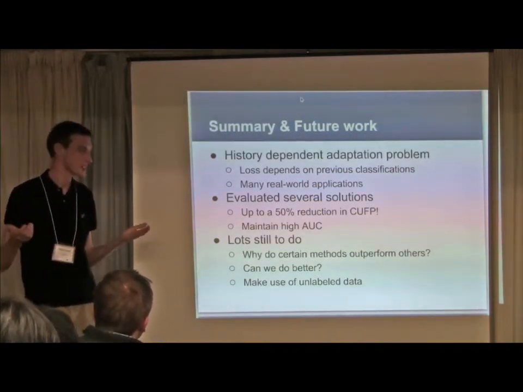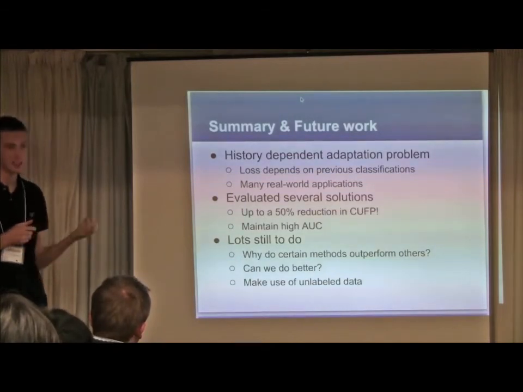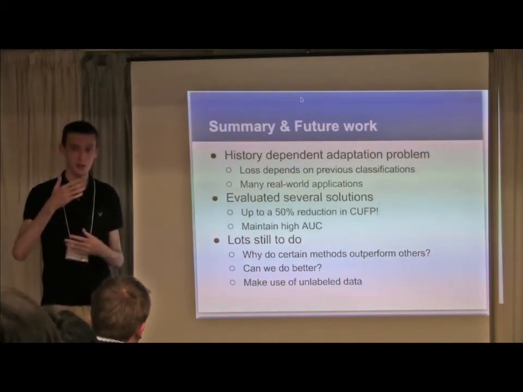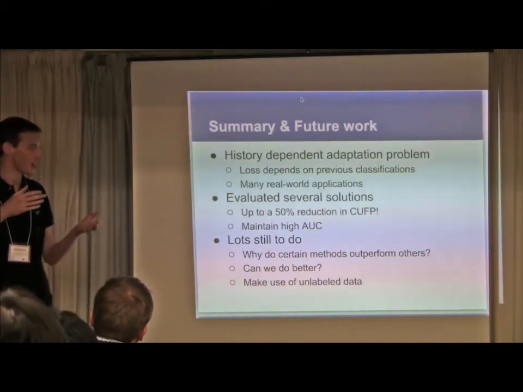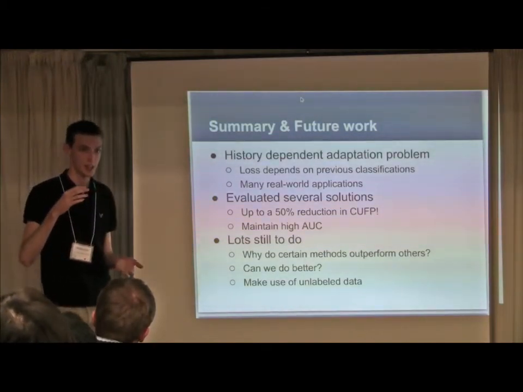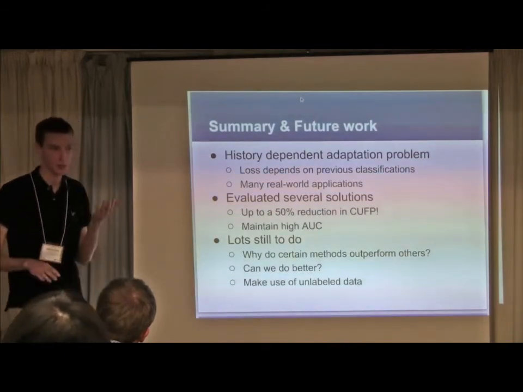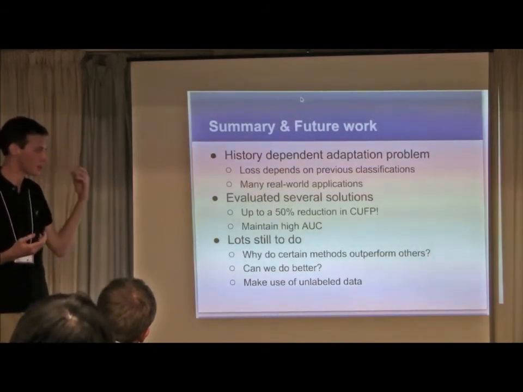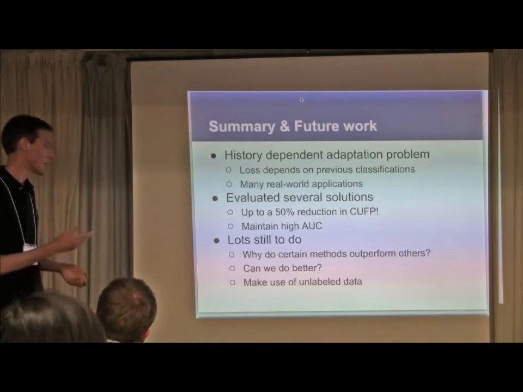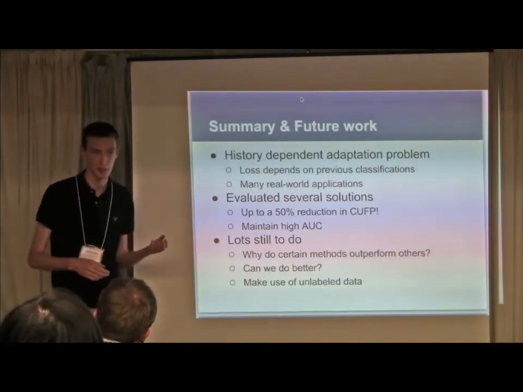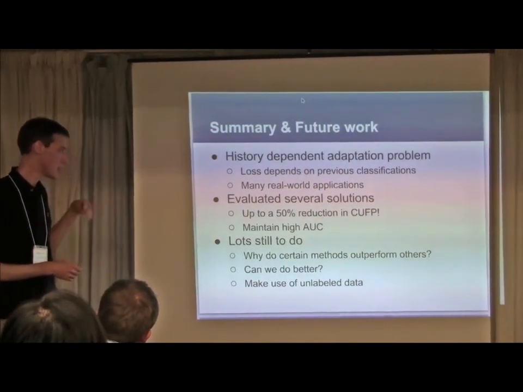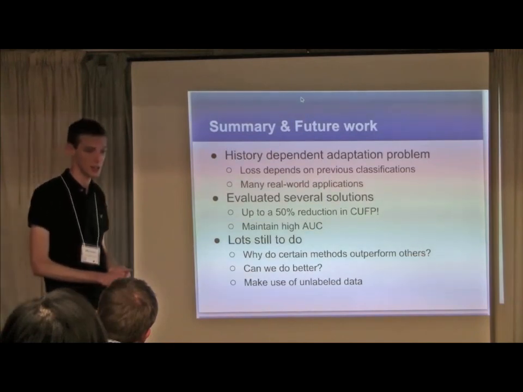There's obviously very little theory in this talk. Why do certain methods outperform others? And can we do better? I don't know of any theory that says there's an absolute trade-off. And indeed, for a lot of these methods, we found that there wasn't an absolute trade-off between instantaneous performance and overall system performance. So that would definitely be an interesting area of study. And also, where can we make use of unlabeled data? I gave one example of our regularization terms. We think there may be a couple other places we can use unlabeled data.